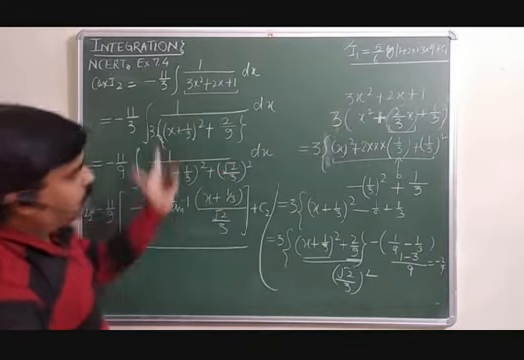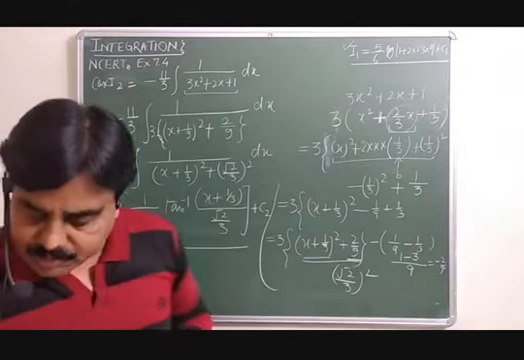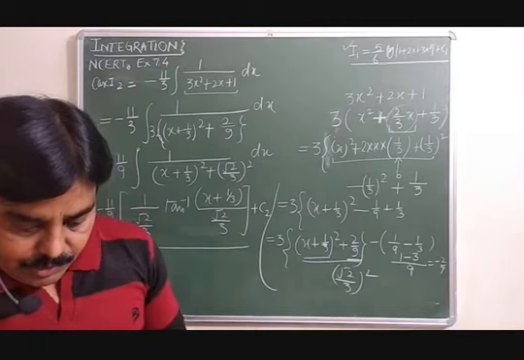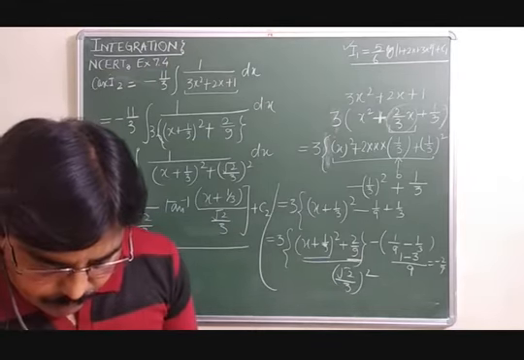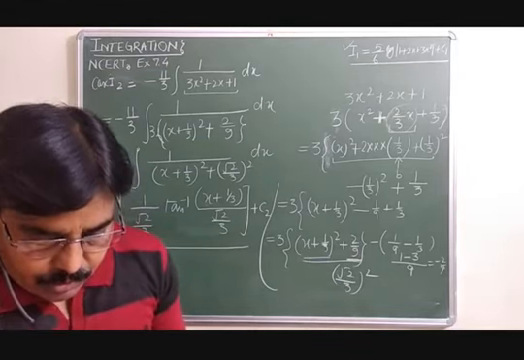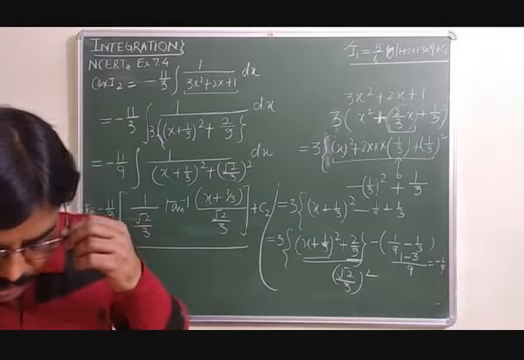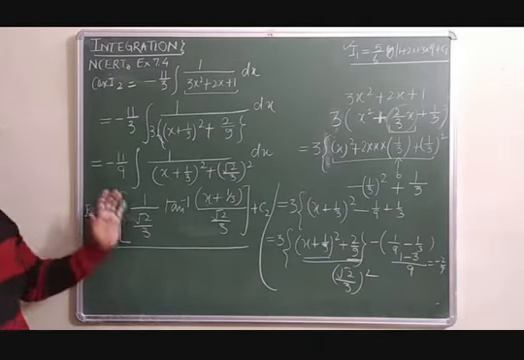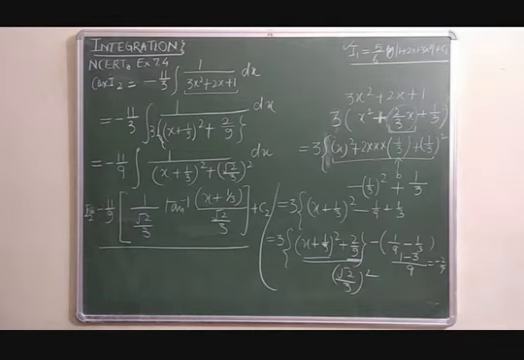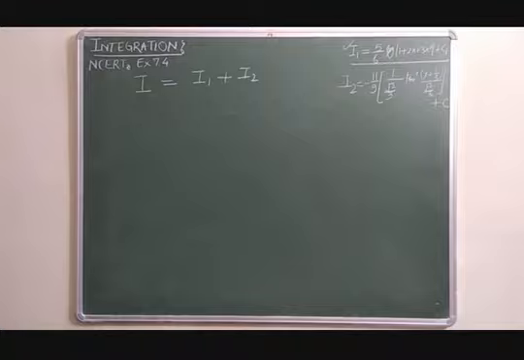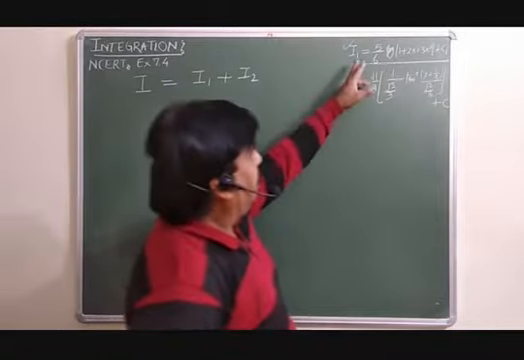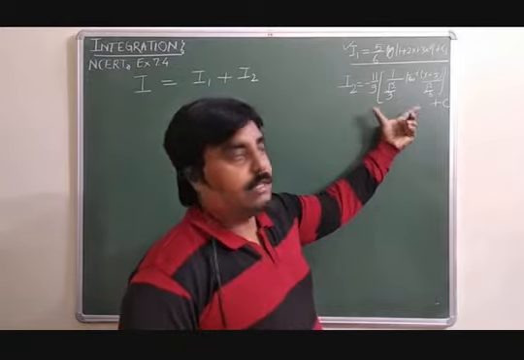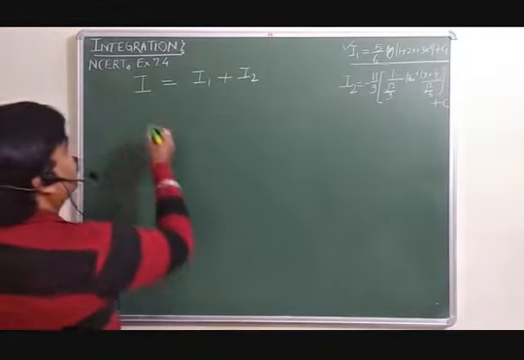Now you are supposed to break this one. There is a minus sign between them. Let me see, please. No, it was plus, minus was there only, yes. So have a look. Yes, so finally I1 and I2 you were getting, this one only. Then you are supposed to add them, so you will get capital I.